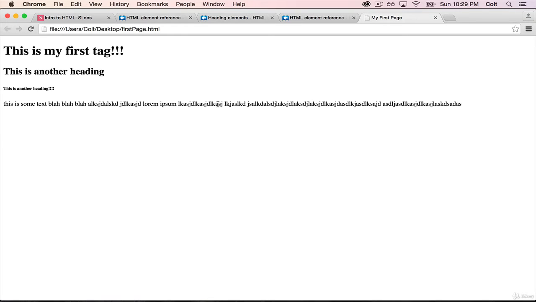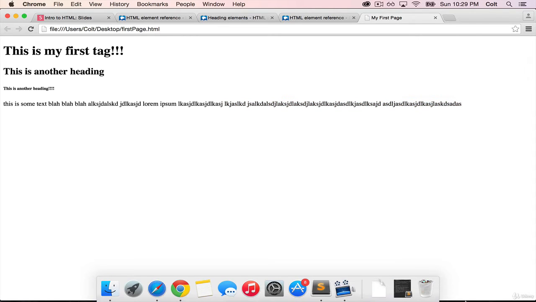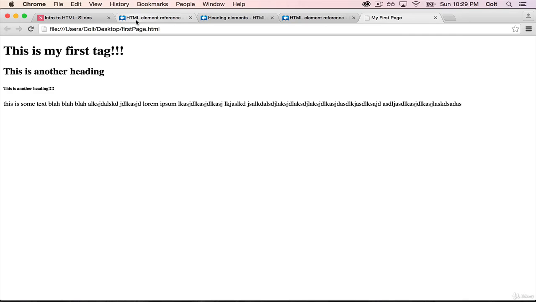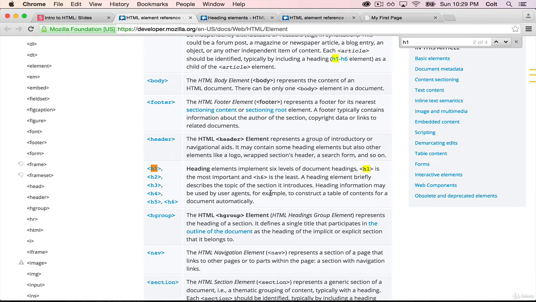And I refresh my page and I get this giant thing of text on one line. But let's say that I realize I actually want a line break right here. These are 2 paragraphs of nonsense. To do that, I can use the paragraph tag. So if we went back here and we searched for the P tag,